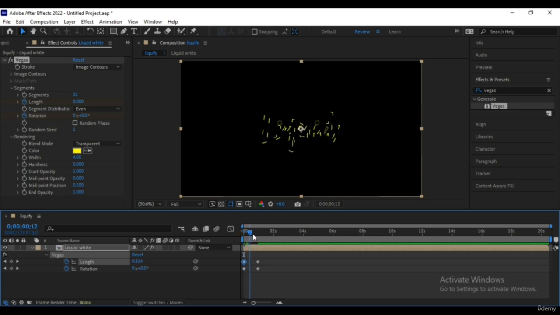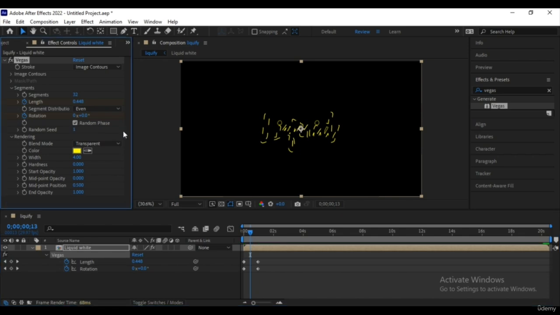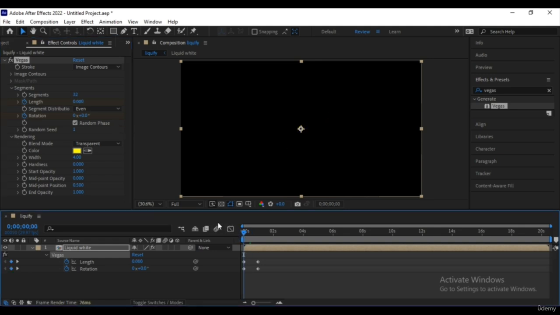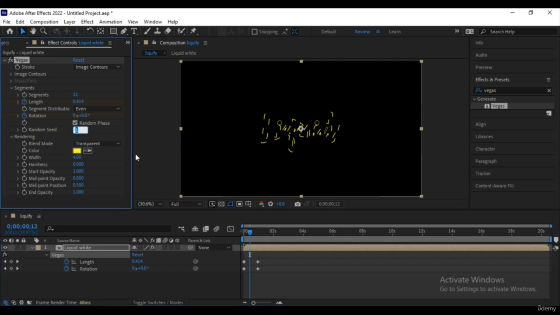and when we play, this will come out. Click the random phase checkbox, something like this, and the random seed becomes 2.